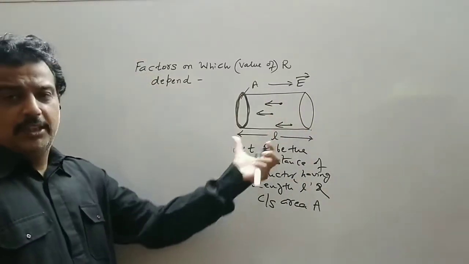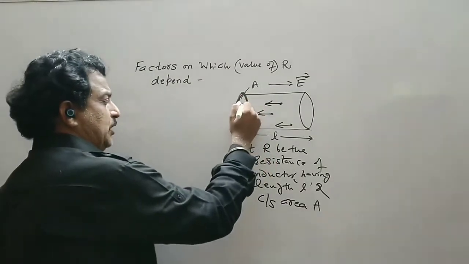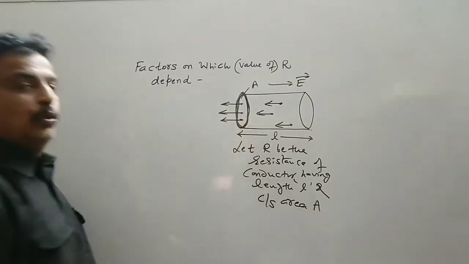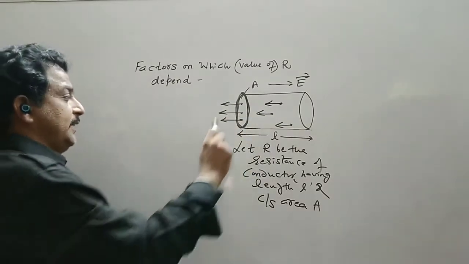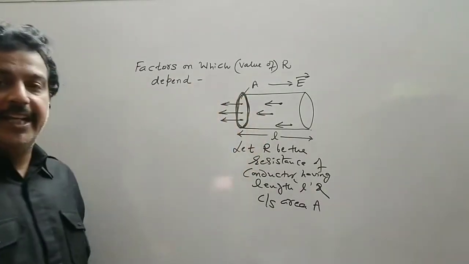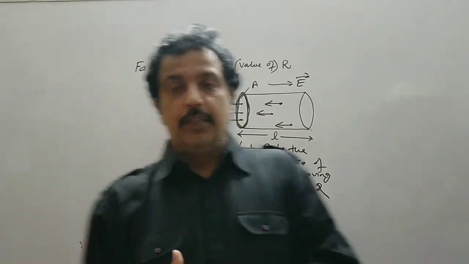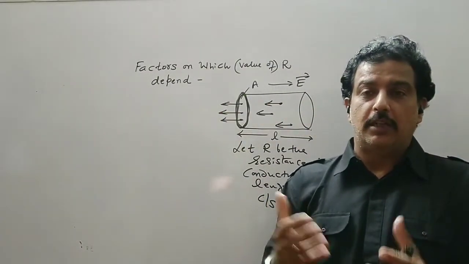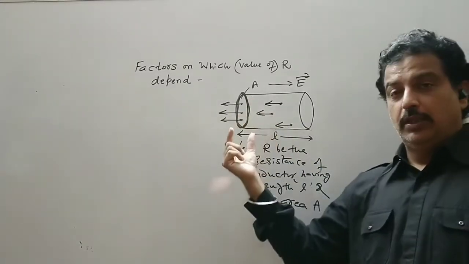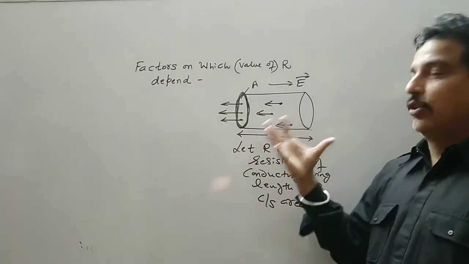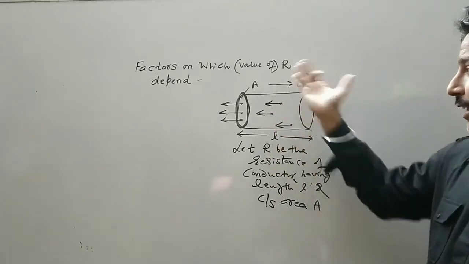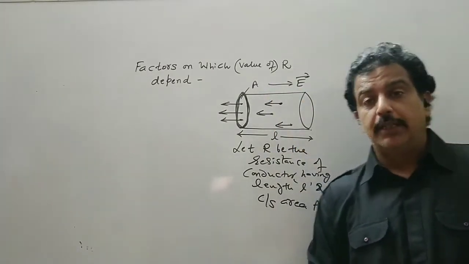Suppose by common sense that through this cross-section, say, 3 electrons can come out all together. If we keep on increasing the cross-sectional area, that is, the broader the cross-sectional area, instead of 3 electrons coming out together there will be more than 3. And if I keep this narrow, then few electrons will come out at a time from this conductor. So we will also see that the resistance is inversely proportional to the area.